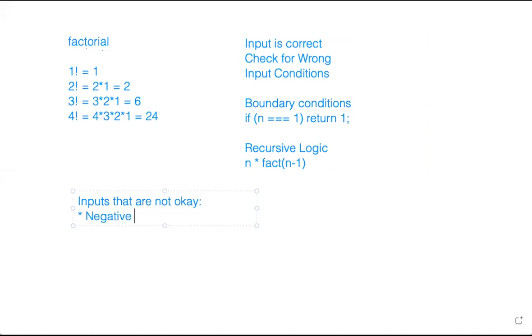Somebody said negative numbers are not okay. Okay. Are fractional inputs okay? Are decimal inputs okay? Yes or no? Okay, so decimal inputs are not okay. What about string inputs? Boolean inputs? No, right? So in this program, none of the inputs are okay except